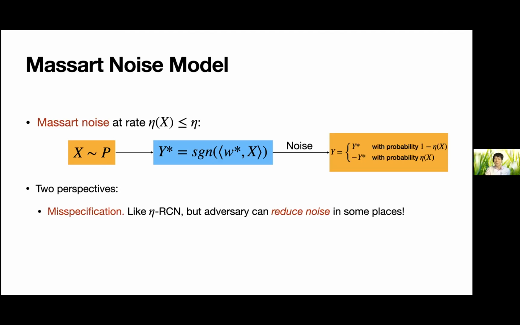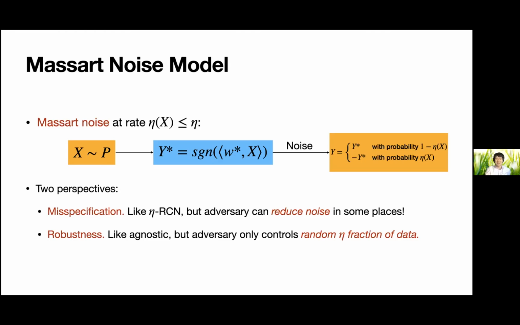And from that perspective, you would think that there would be algorithms, because it sounds like that's a friendly kind of change that should only be helpful. Then, maybe a more negative way to view it is that it's kind of like agnostic learning, actually. And what does that mean? Well, it's essentially the same as saying that for a 1 minus eta portion of the data, the labels are generated according to the true, clean, realizable model. And then for an eta fraction, we give it to the adversary, and they get to generate the label in an arbitrarily complex way. And so those two become mathematically equivalent.